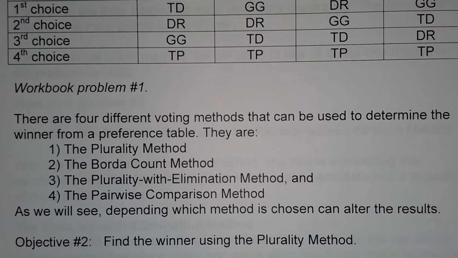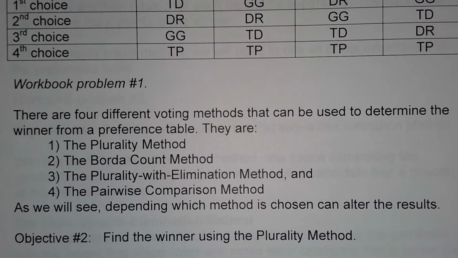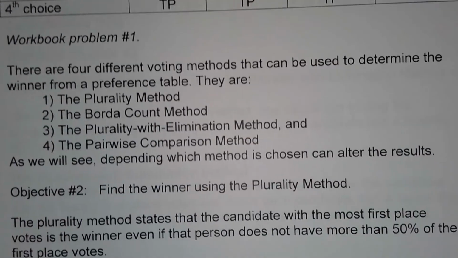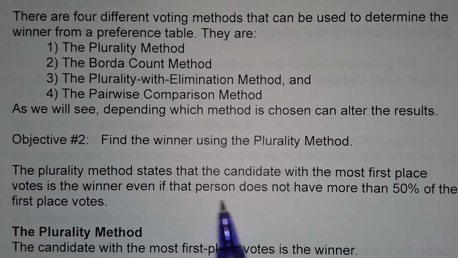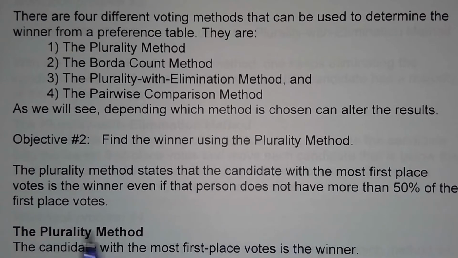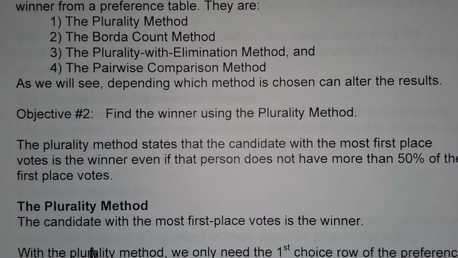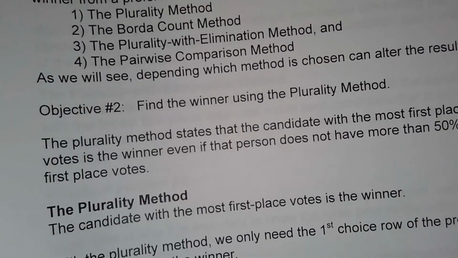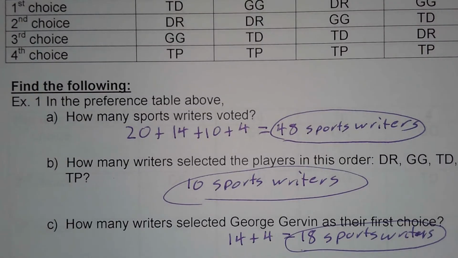So we're going to find the winner using the plurality method. The plurality method states that the candidate with the most first place votes is the winner, even if that person does not have more than 50% of the first place votes. With the plurality method, we only need to look at the first row of the preference table to determine the winner. So if I go back to our workbook,